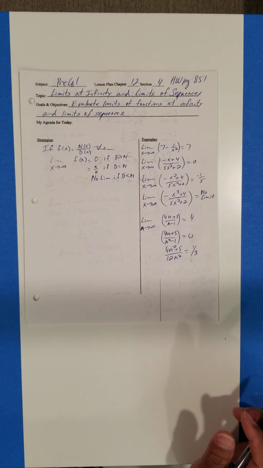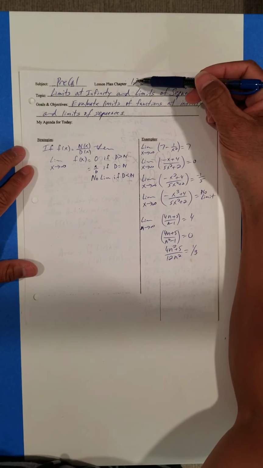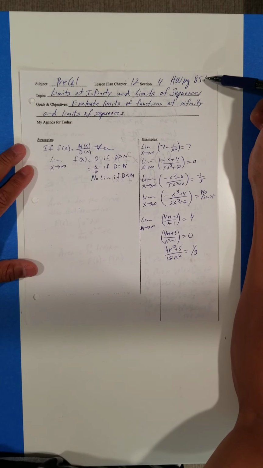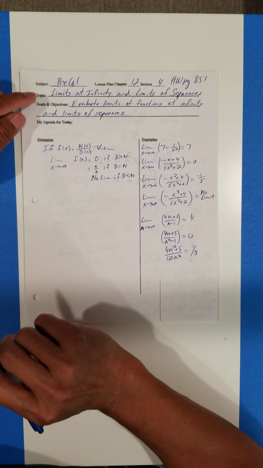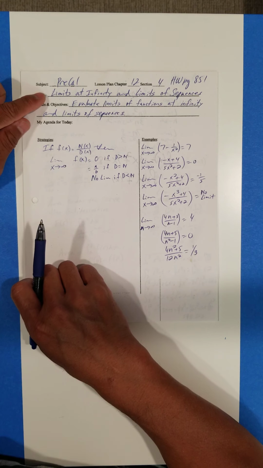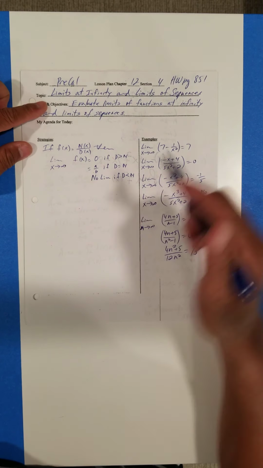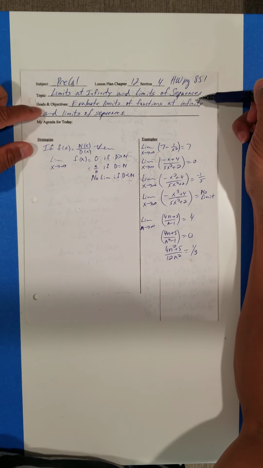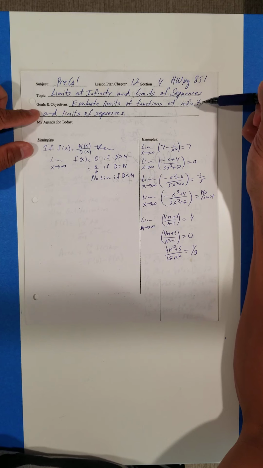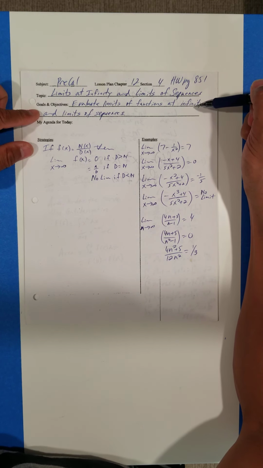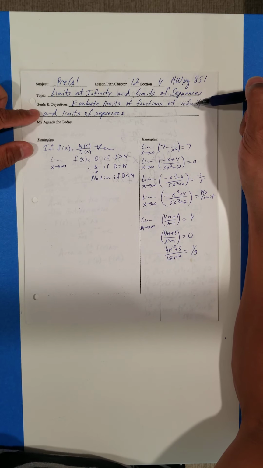Okay, here we go. Pre-calculus, chapter 12, section 4, homework page 851. We're going to talk about, in this section, limits at infinity. We're going to take limits at infinity and limits of sequences. So we're going to evaluate limits of functions at infinity. We're going to try and think about and evaluate when n goes to infinity or x goes to infinity